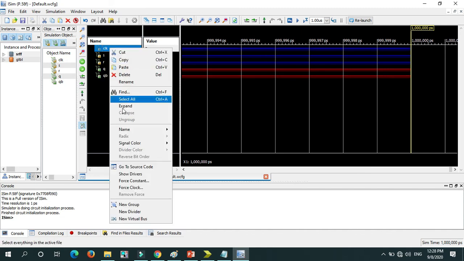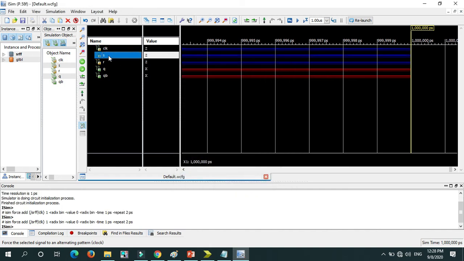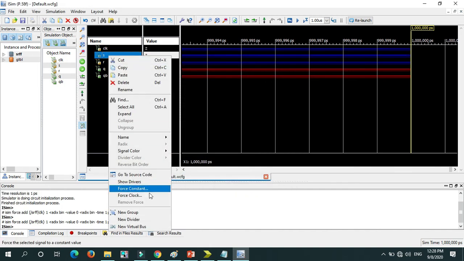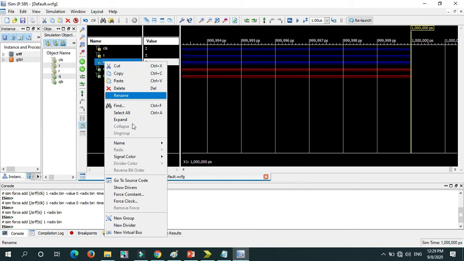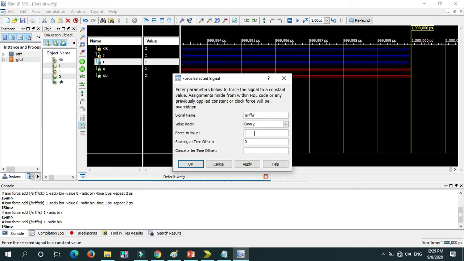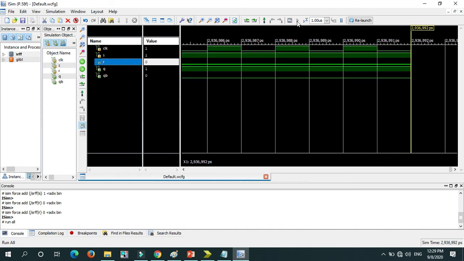Right click on clock, go to force clock. Leading edge 1, falling edge 0, time period 2, apply, OK. Then for S, right click, force constant, I will give S value 1, apply, OK. For R, force constant, I will give 0, apply, OK. You have the run option here, just click on run.